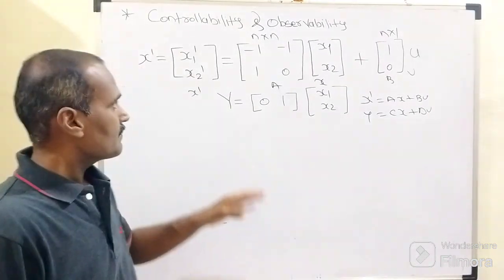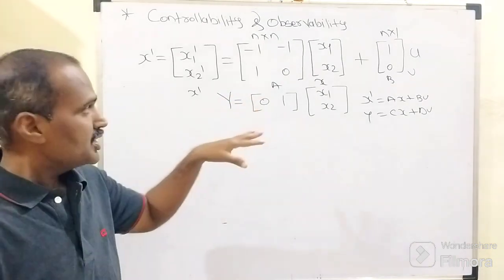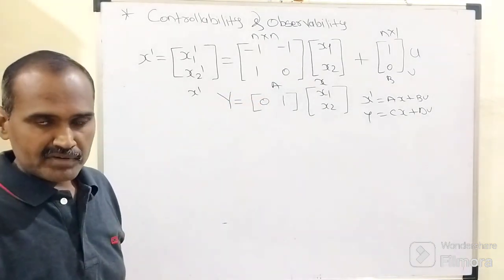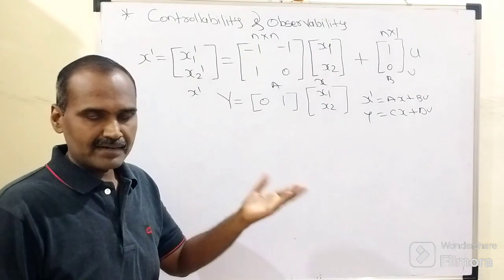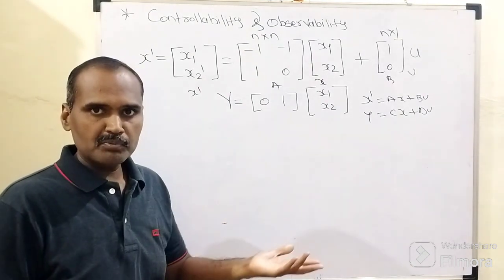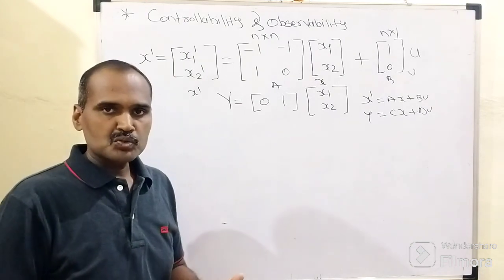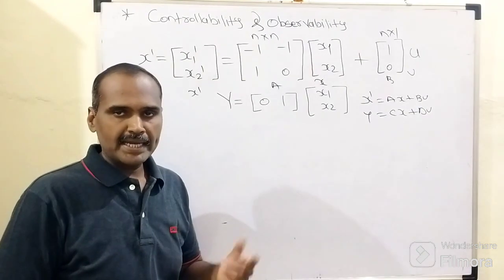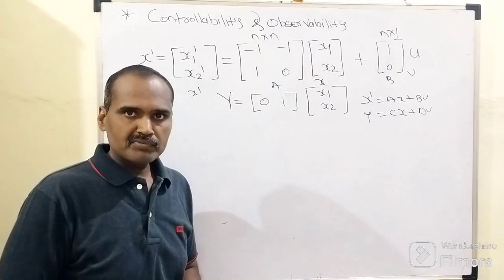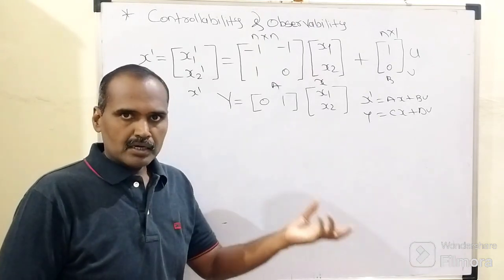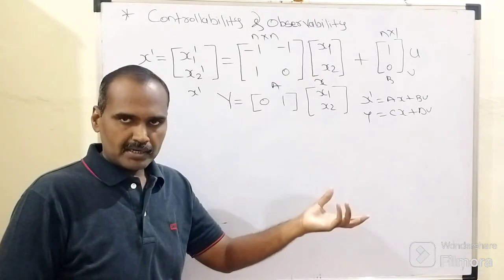In this numerical, we have the state equations denoted as x and y. Basically, x is the input state equation, and y stands for the output state equation. Before determining the coefficients of either the controllability matrix or the observability matrix,